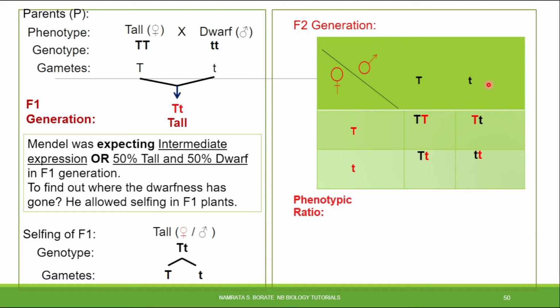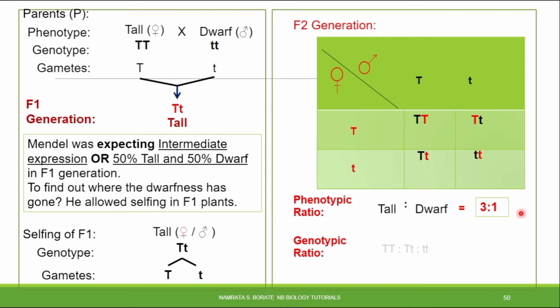So what's the phenotypic ratio? That is, how many tall plants are there, by external appearance? There are three tall plants, 1, 2 and 3, and the 1 is a pure tall plant, so the ratio obtained is 3:1.